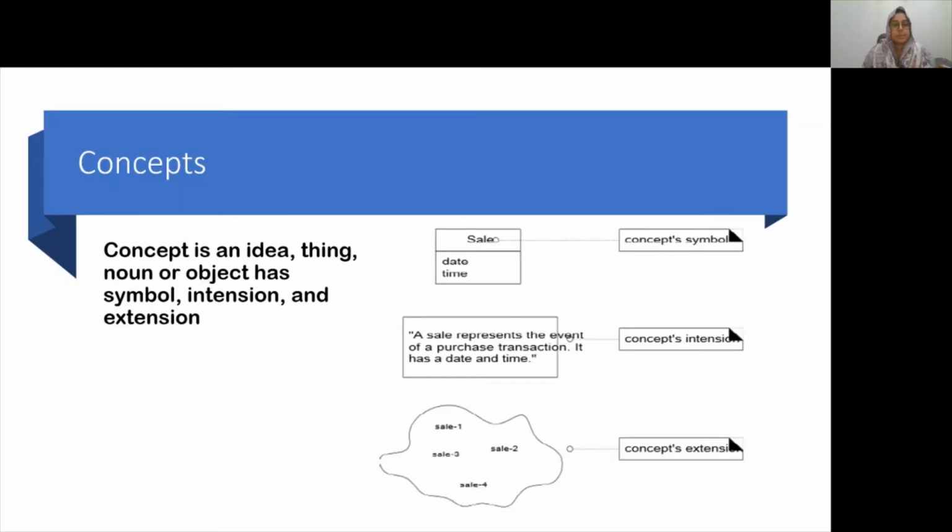So, a concept is defined as the idea, noun, or anything in the problem domain that has certain intention, or that represents a complete entity or a distinct role in a problem domain. Concept is a central distinction between object-oriented and structured analysis. To elaborate, in object-oriented analysis, we do the division by the concepts, or in other words, by objects.